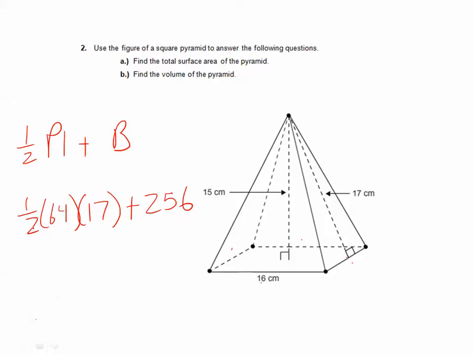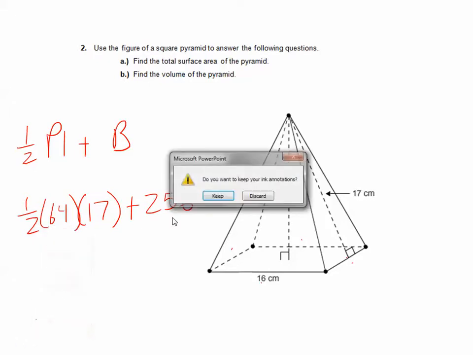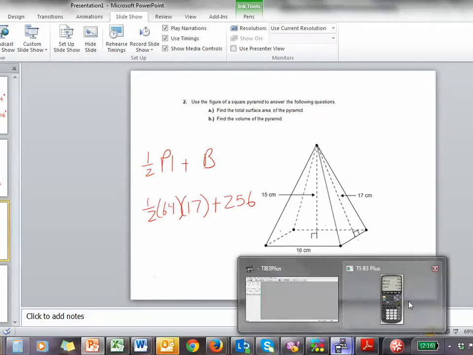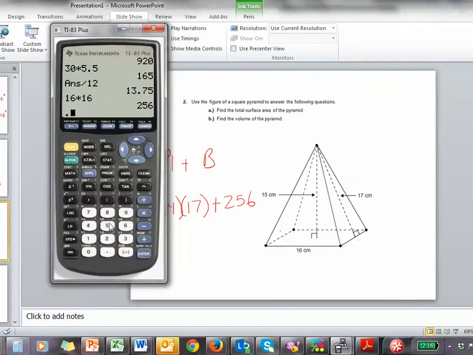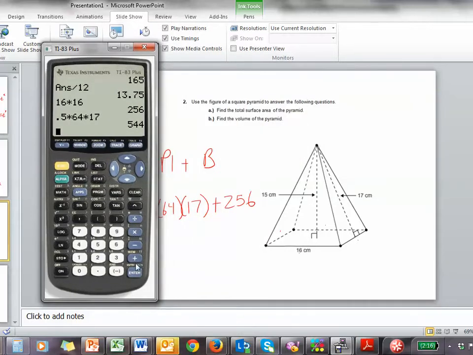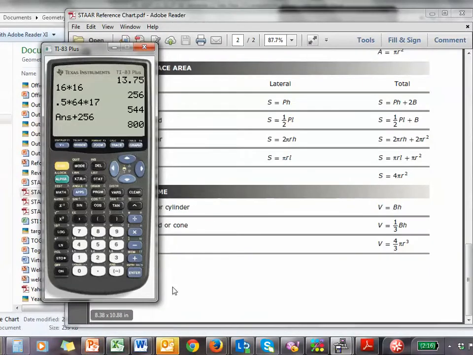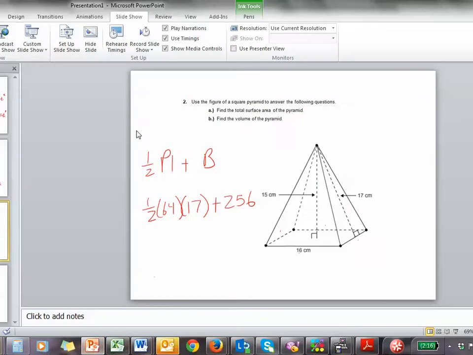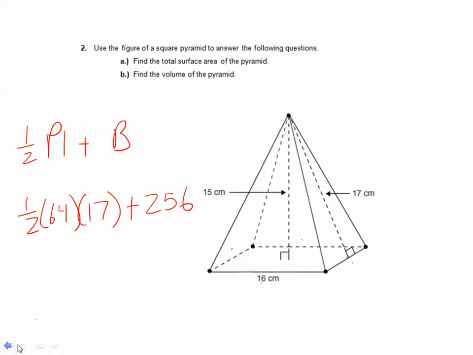We're going to take 1/2 times 64 times 17, which is 544, and we're going to add that to 256, which is going to give us 800. So our answer then for the total surface area is going to be 800